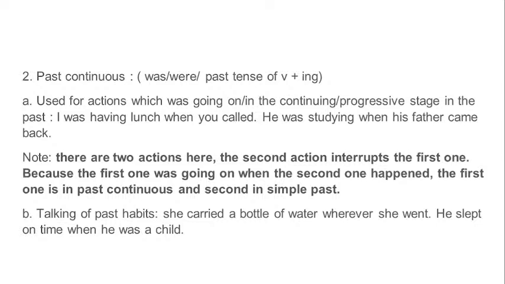Okay, the second instance of using the past continuous tense is talking about past habits. She carried a bottle of water wherever she went. Okay, that means it talks of a past habit of someone who carried a bottle of water. He slept on time when he was a child. See, it is talking of a very past event. When someone was a kid, they slept on time. So obviously,